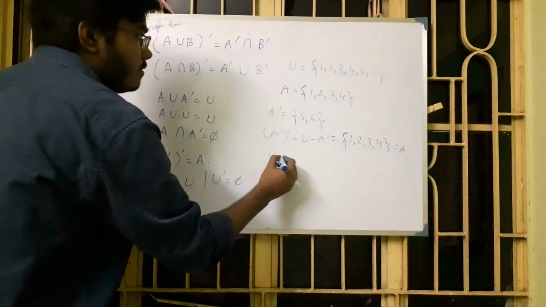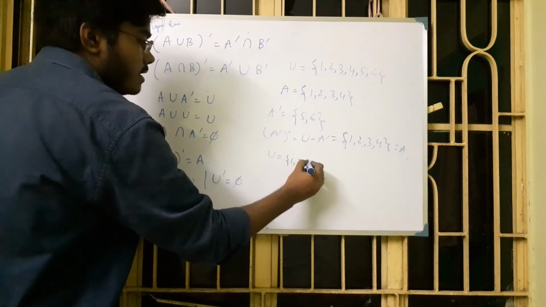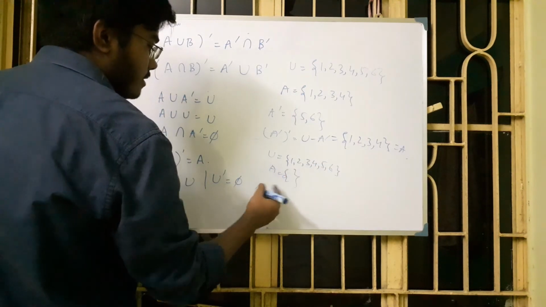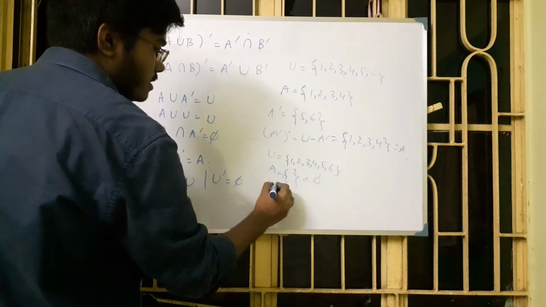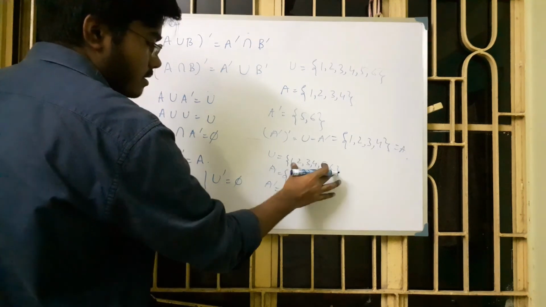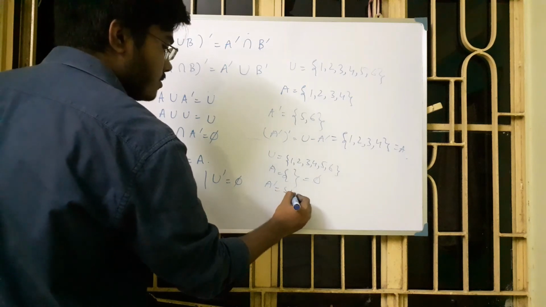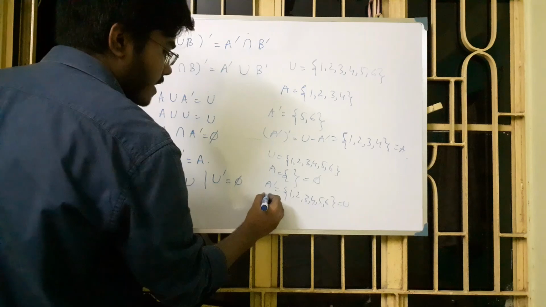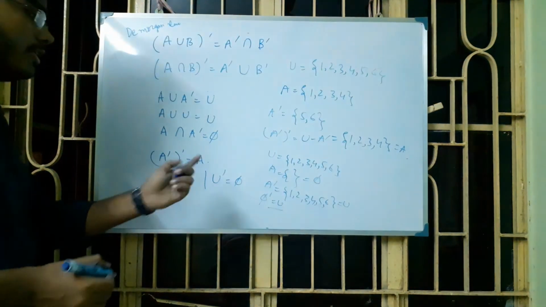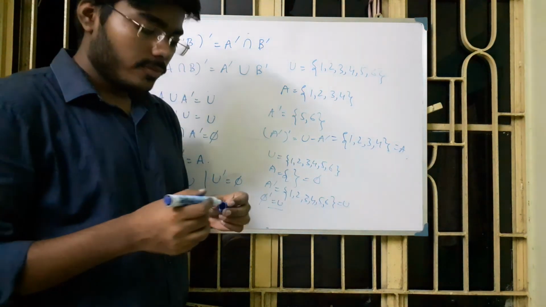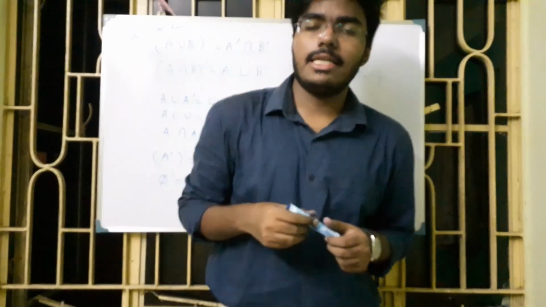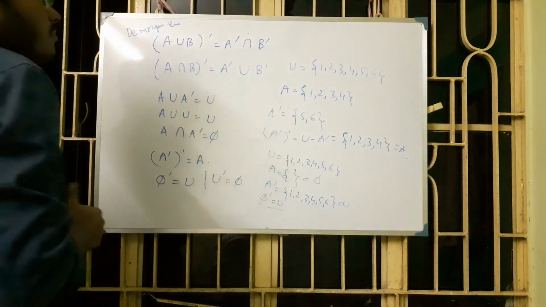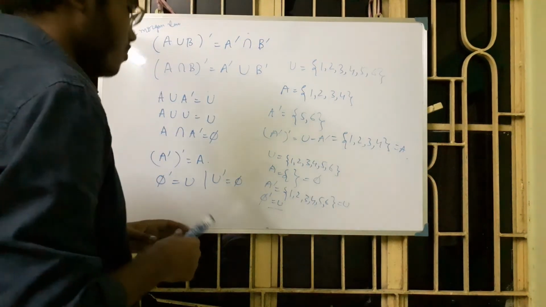And if you have universal set 1 2 3 4 5 6, and you have a set A which is nothing, that is phi set, then A complement is universal set minus nothing, that is 1 2 3 4 5 6, and that is equal to U, that means phi complement equal to U. Similarly, U complement equal to phi. In this way we can solve the problems of NCERT. Based on this formula we will solve more problems and we will learn more things, okay.